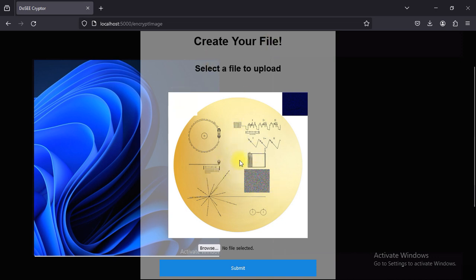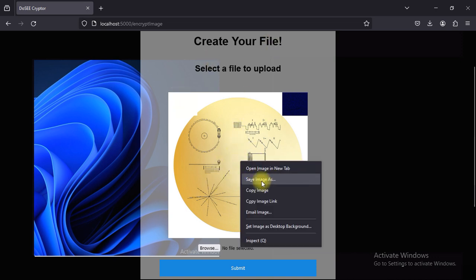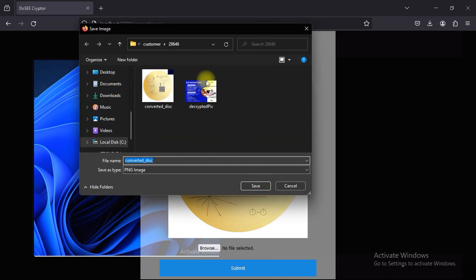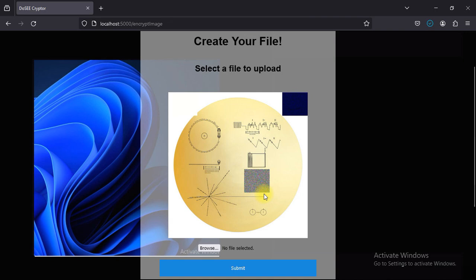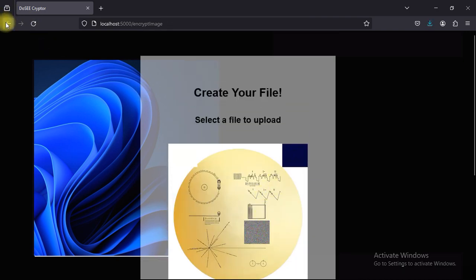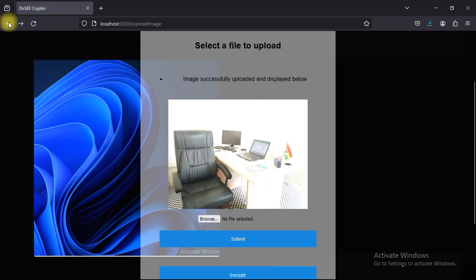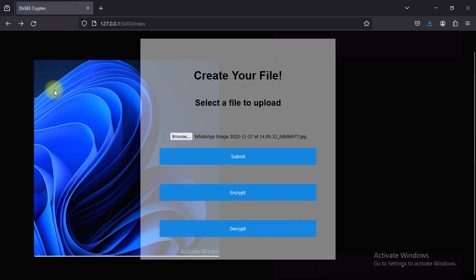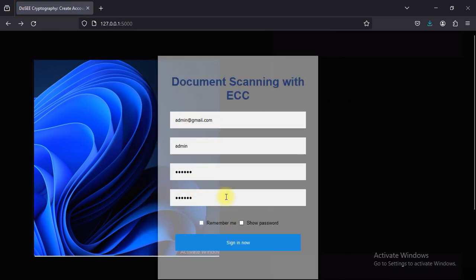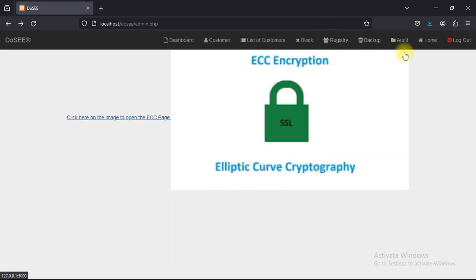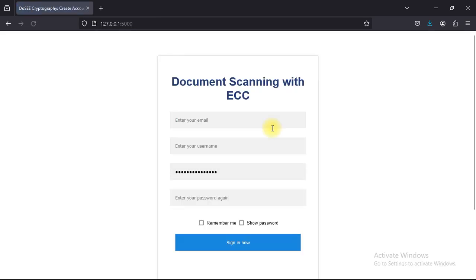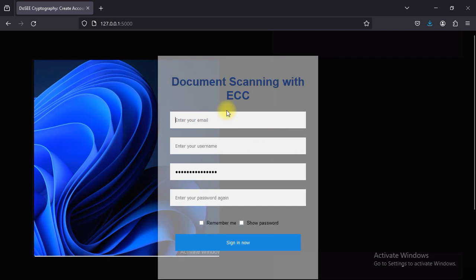After encrypting this one, just go to save image as, and then you save the image here. Okay, so I'm done. I've installed it. So it means that anytime the administrator wants to access the encrypted file, just click here and then enter